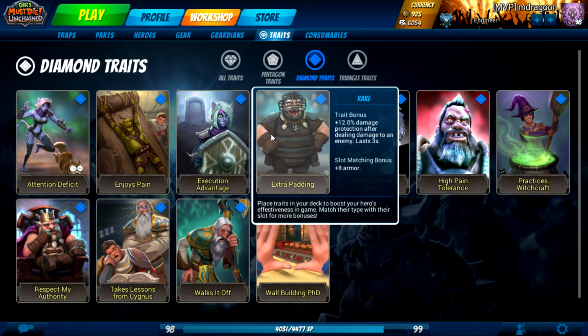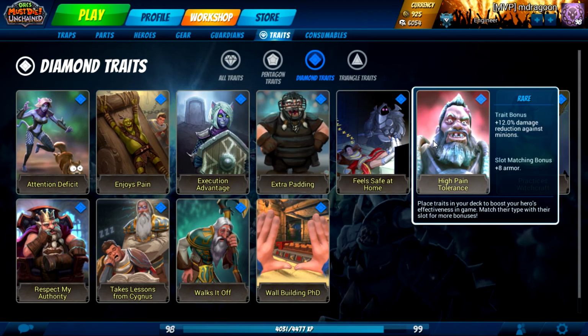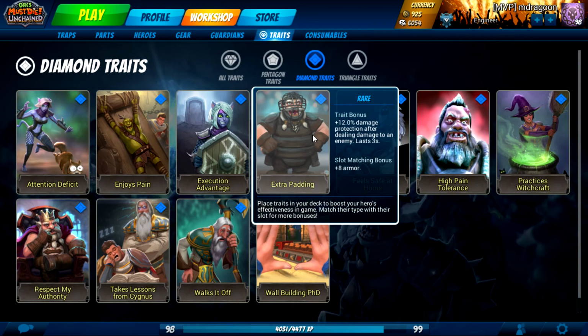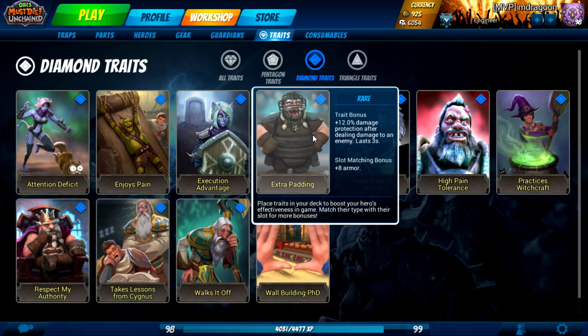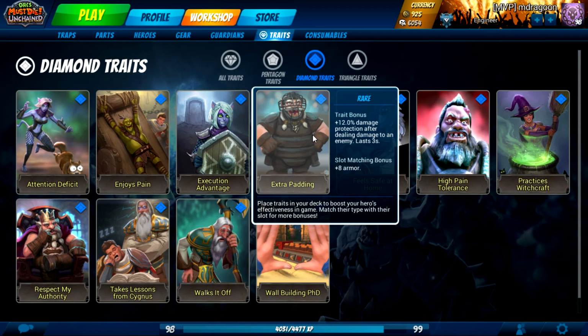Now this is probably one of the most important traits outside of high pain tolerance, which is basically the exact same thing, except this doesn't have a stipulation where you have to deal damage to the enemy first. However, they do stack, so you can have extra padding and high pain tolerance, and they will both give you an additional 12% damage protection. I'm pretty sure that's going to be as added armor to your hero, so with both of them added, you'll be taking about a quarter less damage, which is really, really good